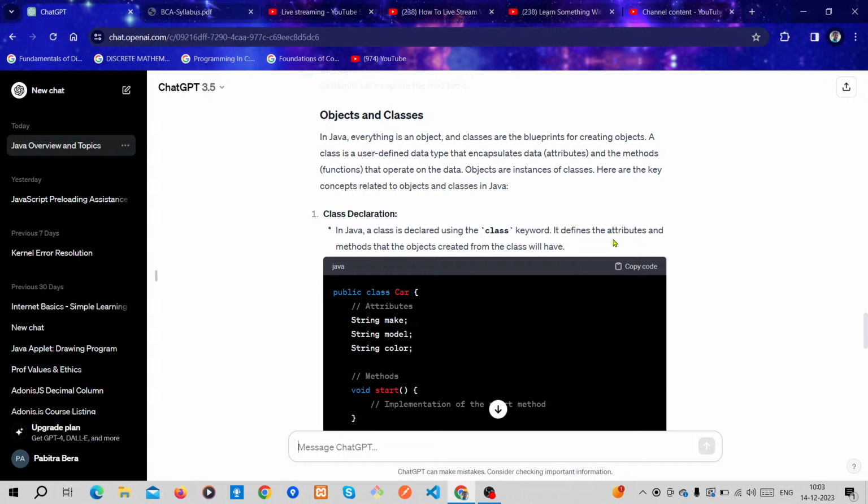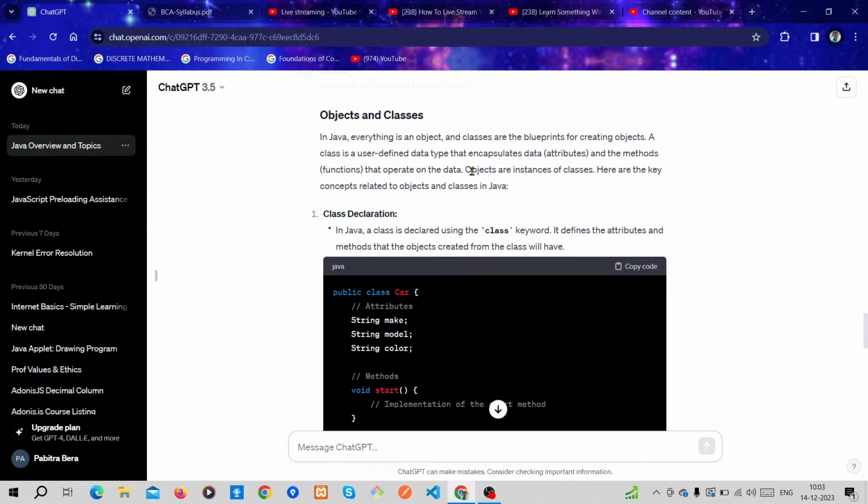Then a class is a user defined data type, and it encapsulates data attributes and the methods, meaning functions, that operate on the data. So a class encapsulates, meaning binds, the data and methods.